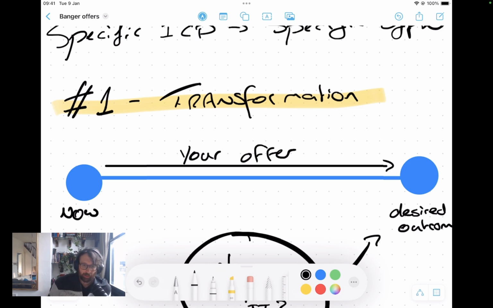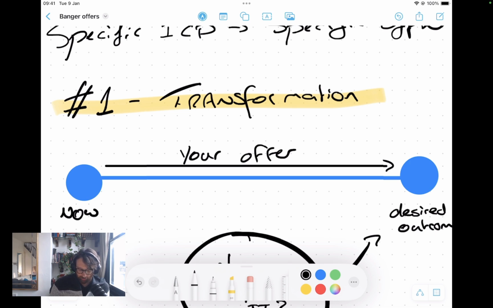And that's fine. These things are important to an extent, but they're not the primary driver that's going to make somebody buy. Nobody buys a course simply because it has more hours of video. Nobody works with a consultant simply because they are going to be doing an extra phone call per week with the client. These things are less important than the transformation. The transformation is first what gets people in.